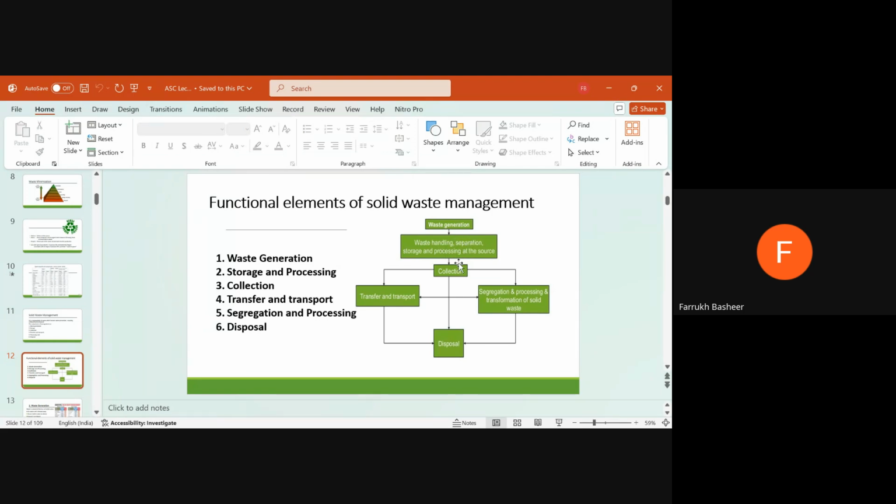Then the vehicle will come and it starts collecting solid waste. And finally, these vehicles will either go towards the transfer station, or go to a segregation and process